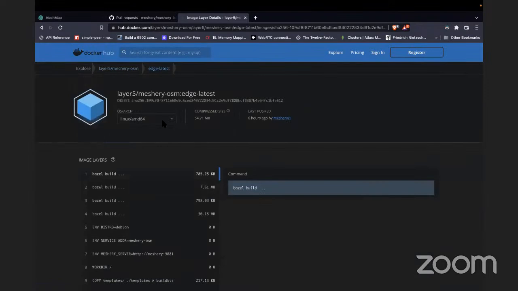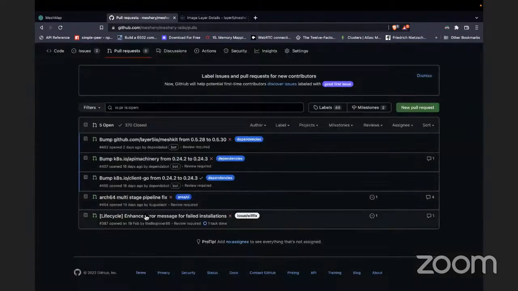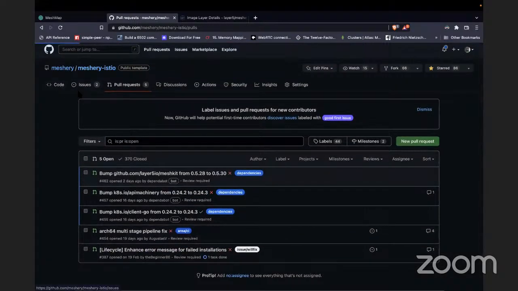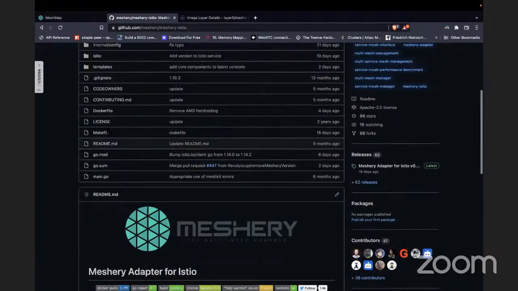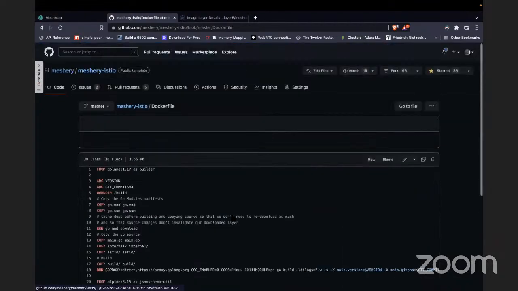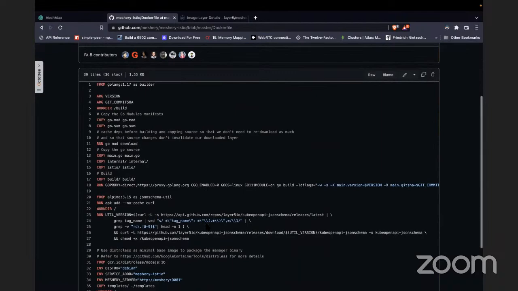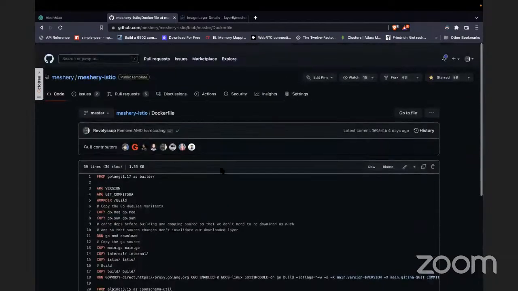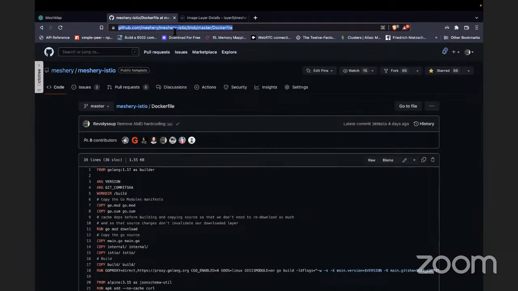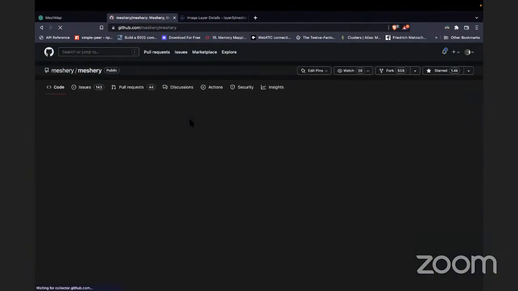So we had this thing earlier. Lee had pushed this change of having both AMD and ARM support, but still some things weren't working, and the reason for that was we had some hardcoding going on in the Dockerfile where, while creating the binary, we explicitly stated that we need to build it for x86. That hardcoding has been removed from here and from all other adapters as well. So now all the adapters are compatible with both ARM and AMD64.